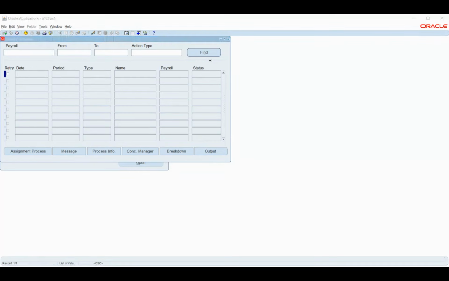Okay, sir. Another one, sir. What will be the difference between a batch run and a single run? I know the step-by-step process for a single run. For a batch run, what will be the step-by-step process? Same process. It is not that we will have a different process for a single employee. The steps are basically the same.